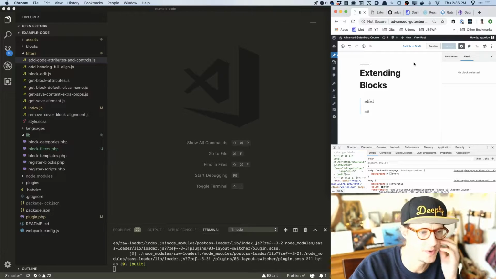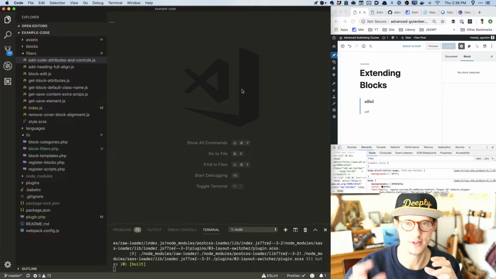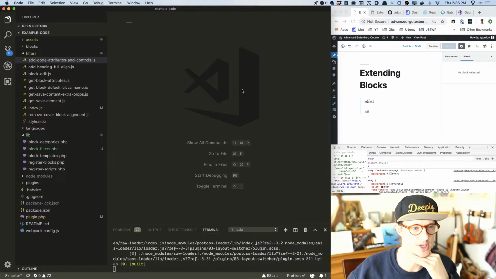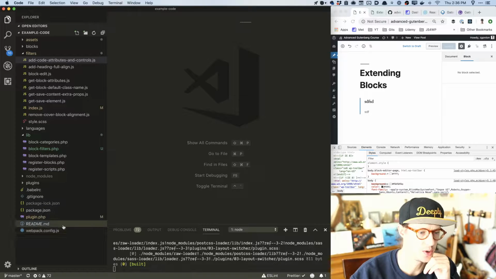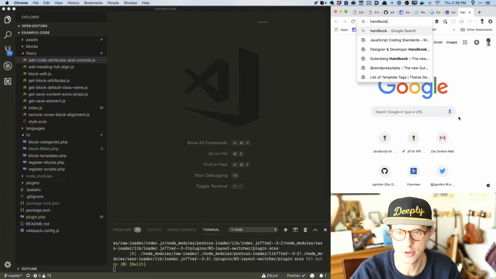All right, so we are at the last section of the course. Well, it's not the last section of the course, but I'm prepping the second to last section, the last part I need to prep, which is on filters. So I should probably look at the documentation again. So, handbook,